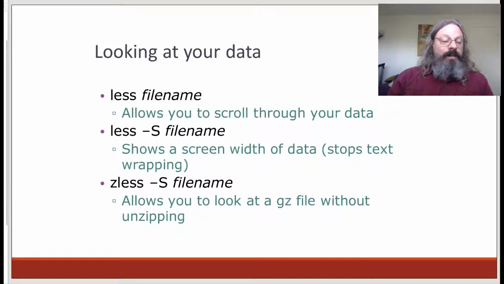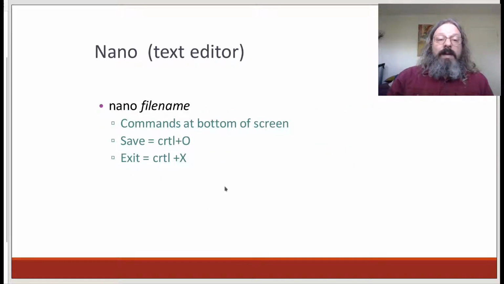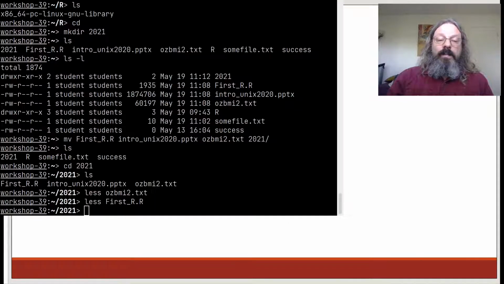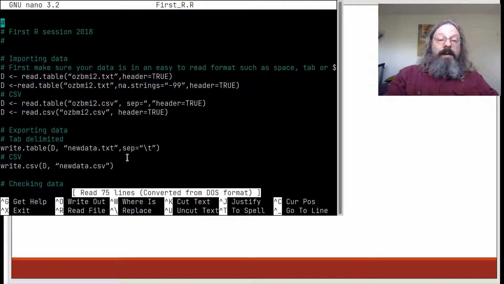Now let's talk about nano. Nano is an extremely simple text editor that you can use to change files right in your Unix terminal. So to run it, you type nano and then the name of the file that you want to edit. Let's bring that up. So I can type nano first R, and I use tab so I don't have to type all those letters. And so here it's showing me the file,